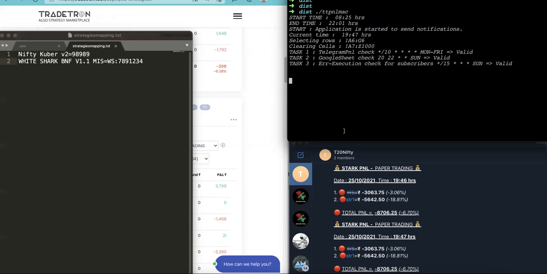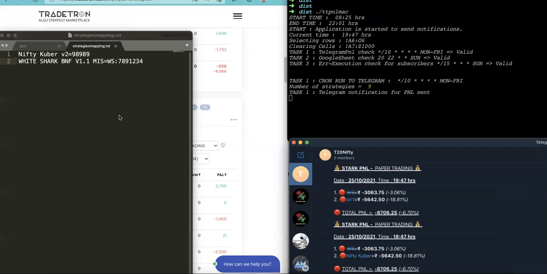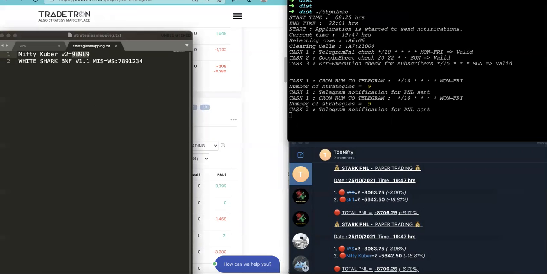You will observe that the Nifty Kuber V2 will be replaced by two words only. So Nifty Kuber will be there, and the link is still there because you still added the template link. All right, I'll just stop it here.